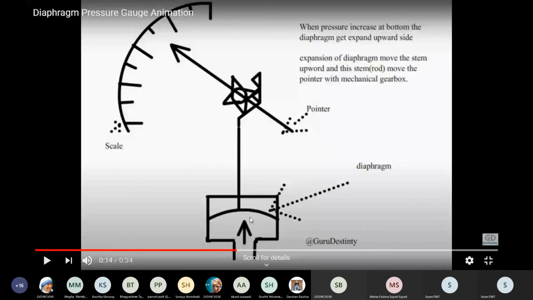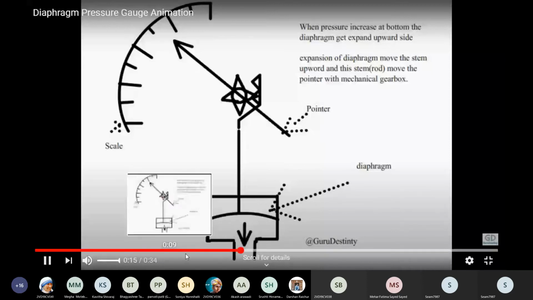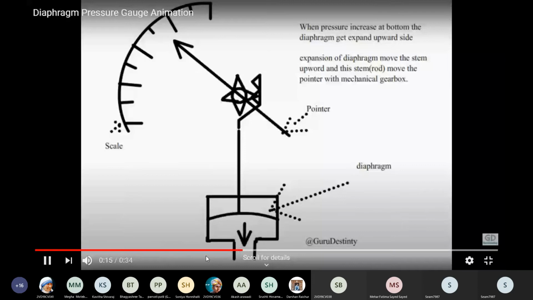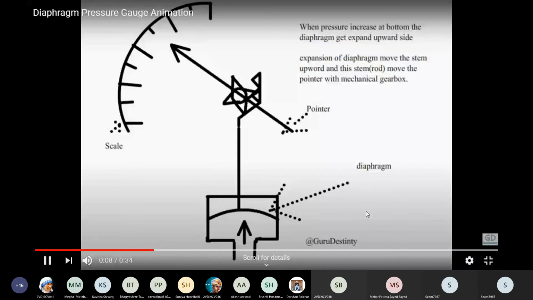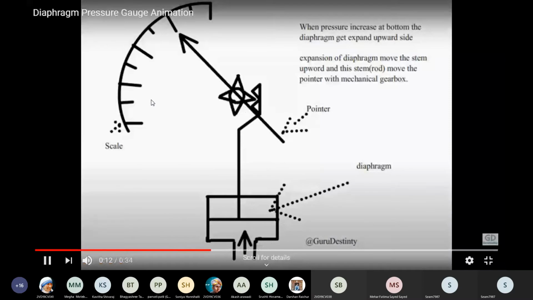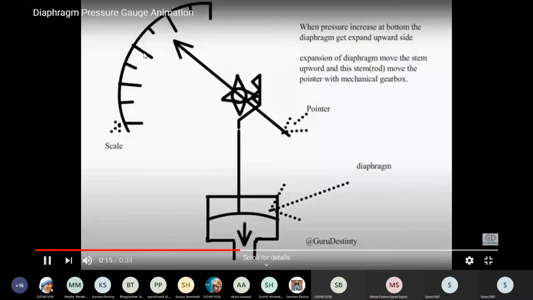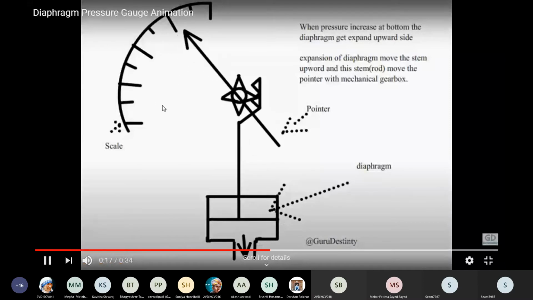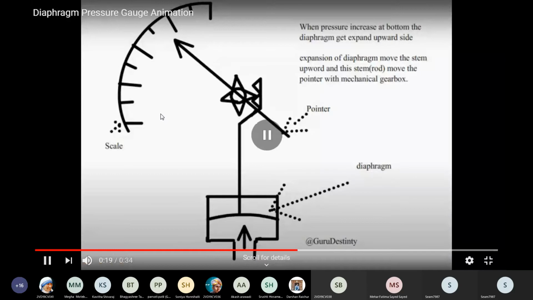It is just going to the surface of the diaphragm. As the liquid hits the surface of the diaphragm, here you can see the pointer is going to deflect like this. As the liquid is going to hit, this particular pointer is going to deflect, and by that you will come to know what is the pressure of the liquid.